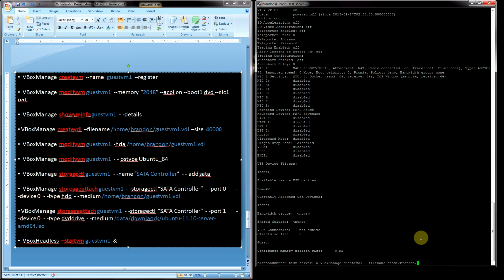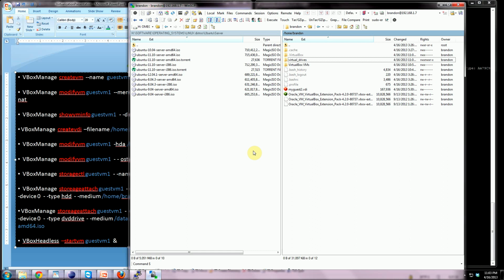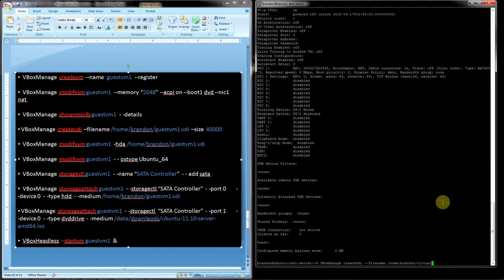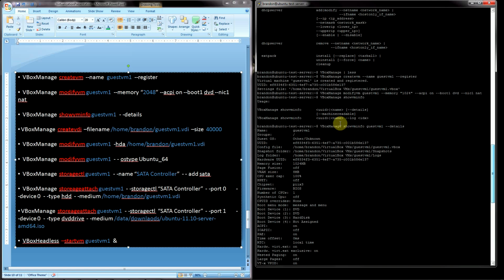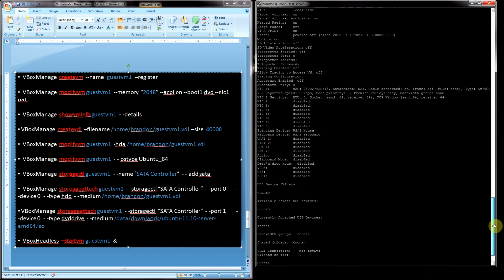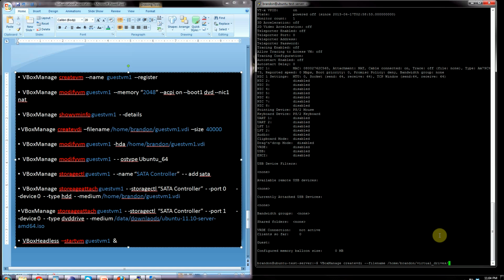And now that folder that we just created, which was virtual_drives, and now just name this, but it's a little bit easier if we name it the same name for our hard drive as our guest that it's attached to. So I'll just name it guest VM1, and it's a little easier to associate which hard drive goes with which virtual machine. So guest VM1.vdi,